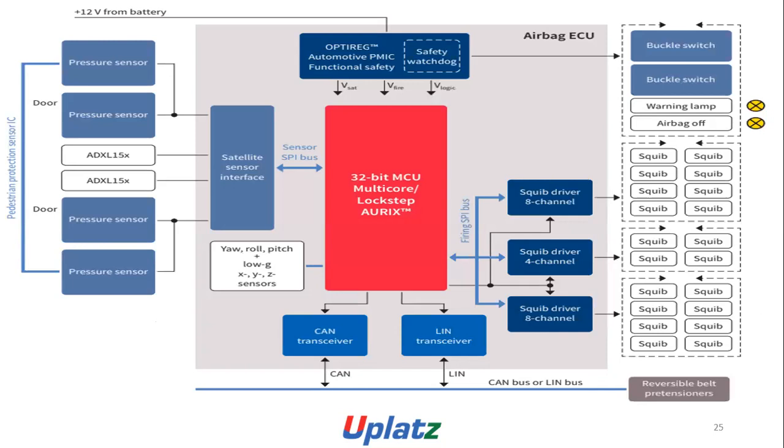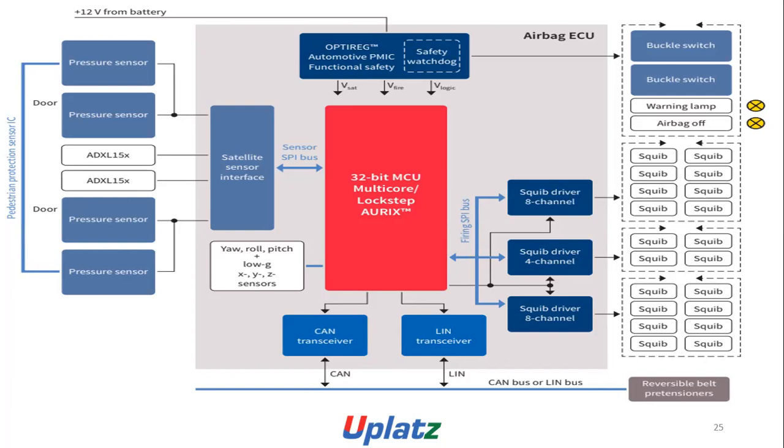It consists of a 32-bit MCU, multi-core lock step RX, with regulator, automotive PMIC, functional safety, satellite sensor interface, pressure sensor from the door, pressure sensor from the other door, pedestrian protection sensor IC, yaw roll pitch plus low-g XYZ sensors, CAN transceiver, CAN bus or LIN bus, reversible pretensioners, LIN transceiver,